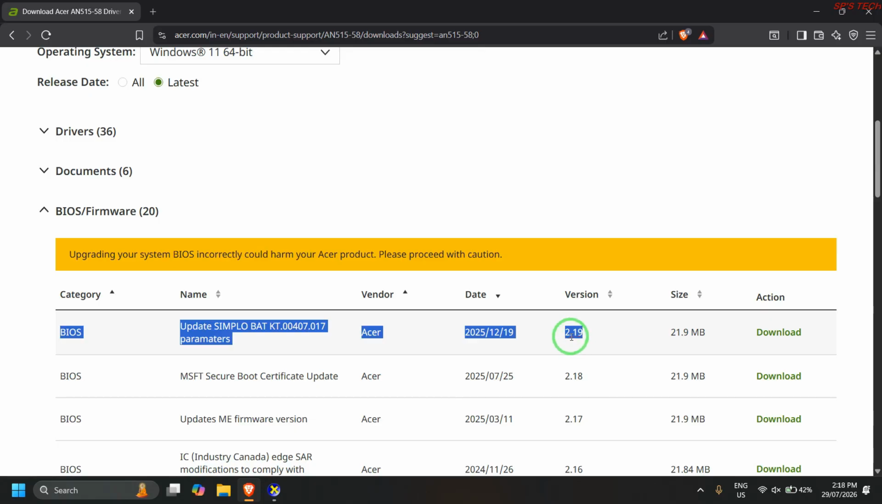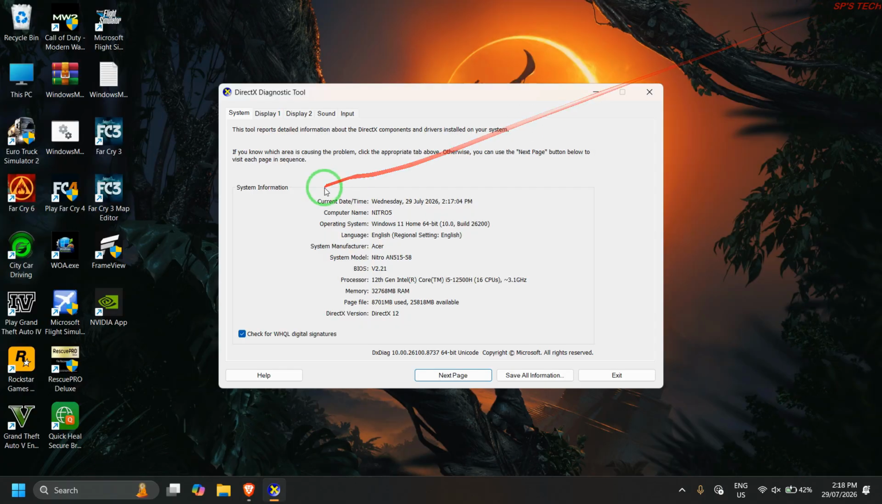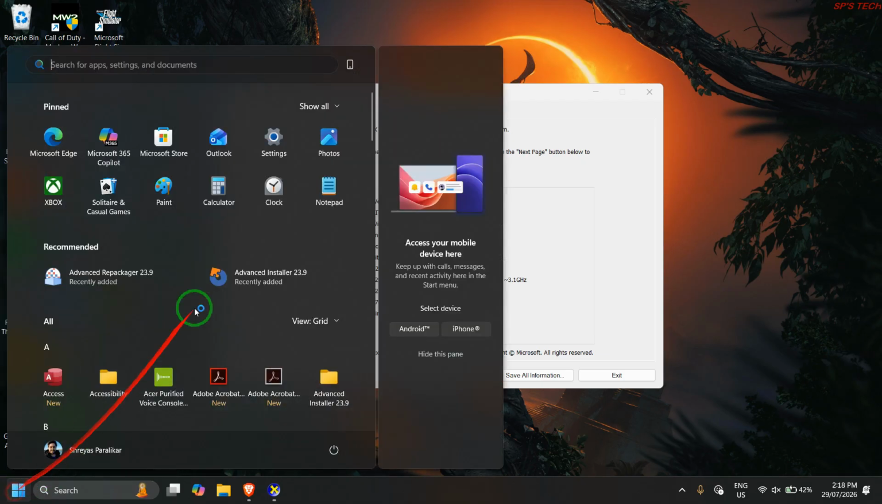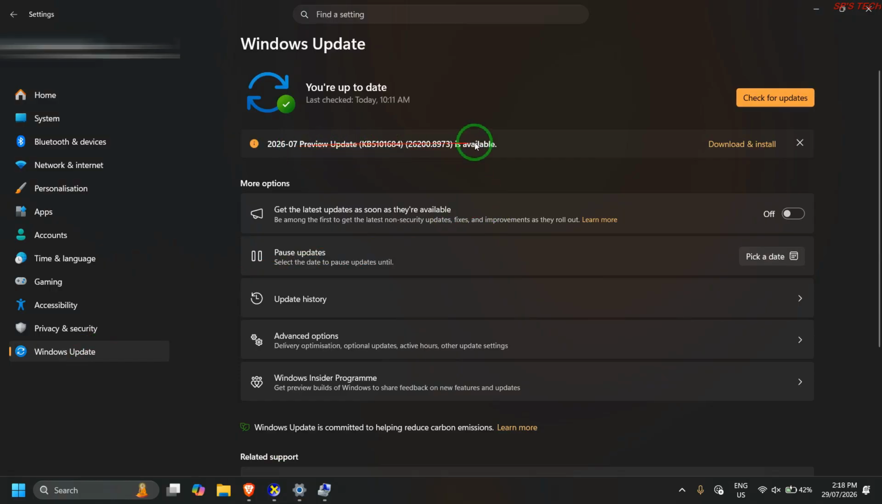Now, 2.19 should be the latest version. But guess what? The BIOS version is 2.21. This has occurred because Windows has updated the BIOS. I have some screenshots which I'll be uploading in this video. And since I normally do Windows build updates and everything as soon as they are available, as you can see,